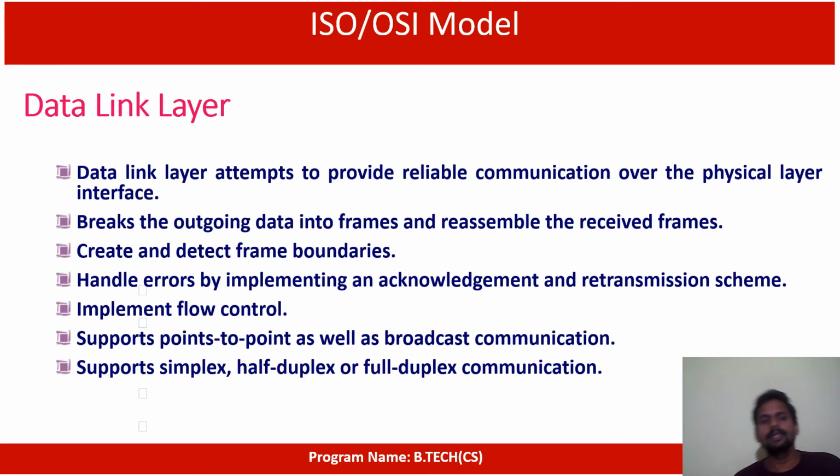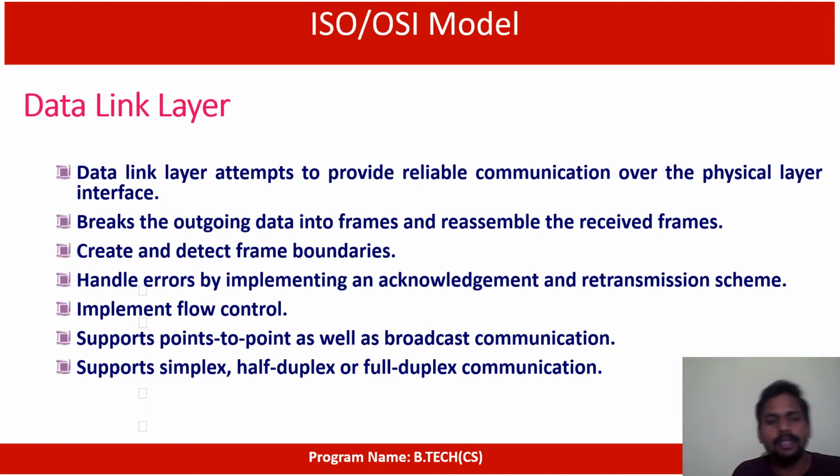Right. The next one is the data link layer. It is the second layer from the bottom. What it will do is collect all the raw bits from the physical layer. Once the raw bits are collected, it will create some chunks of units. From those raw bits, it will create groups of bits. Those groups are called frames here. So it will make the frame boundary, and then it will control the flow of all the data. That is the main task of this data link layer.